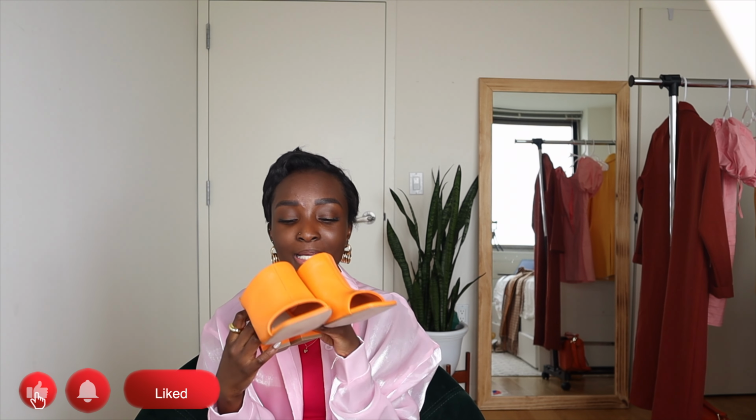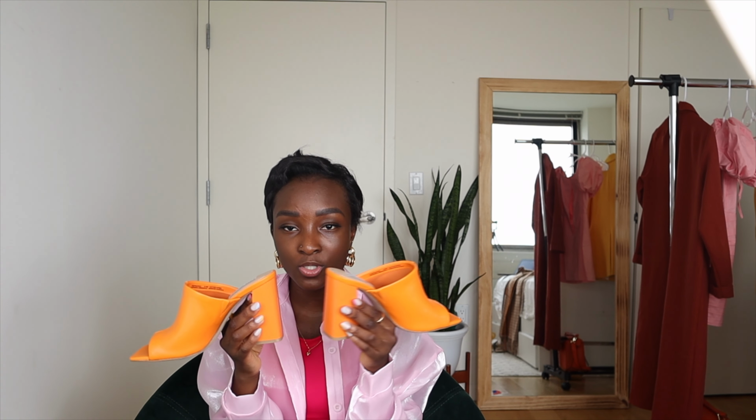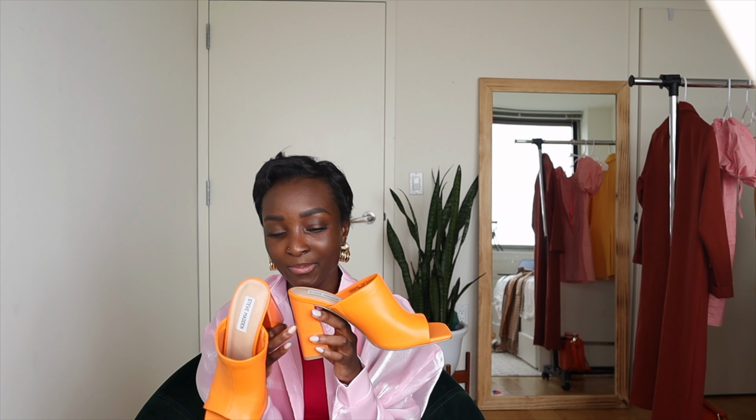These ones, if you saw my spring haul, these were in my spring haul, right? And like I mentioned in that video, they remind me of the Orange Article mules that they came out with. I heard those mules aren't comfortable, but these, oh my god. Back to the two-tone I mentioned in that video as well. This, I don't know, is it plastic? It might be plastic, but the support on these,